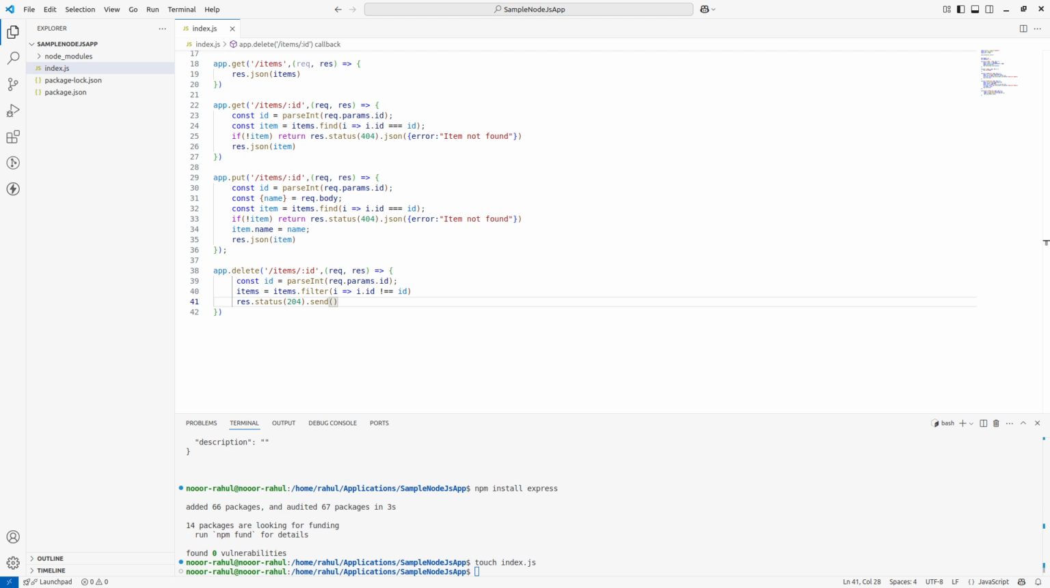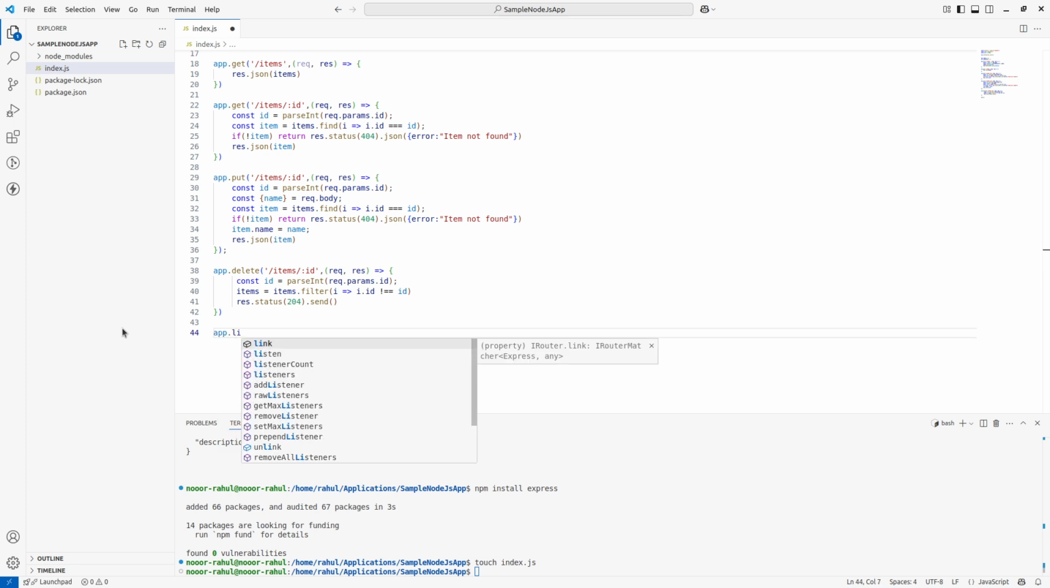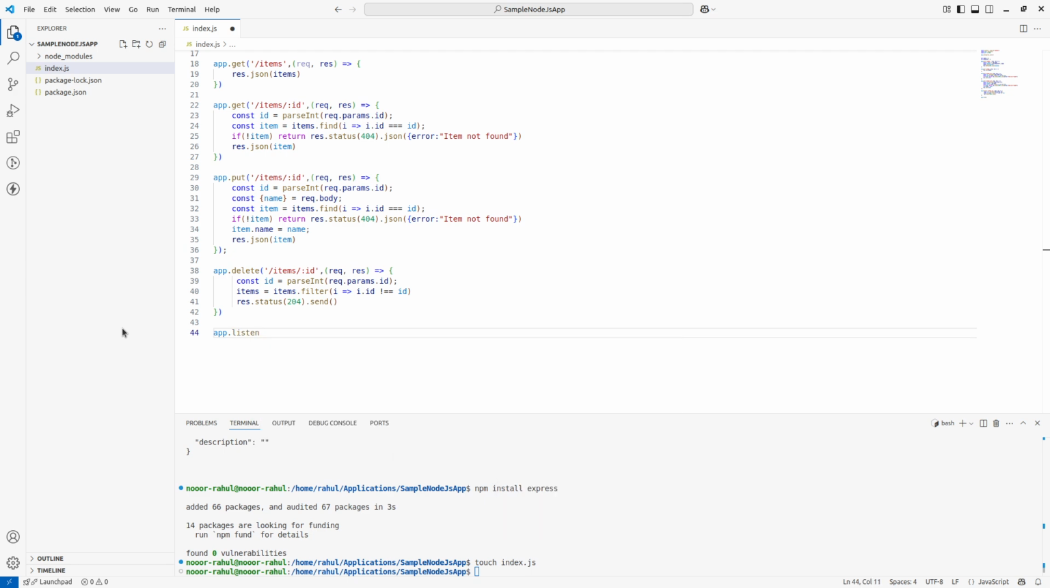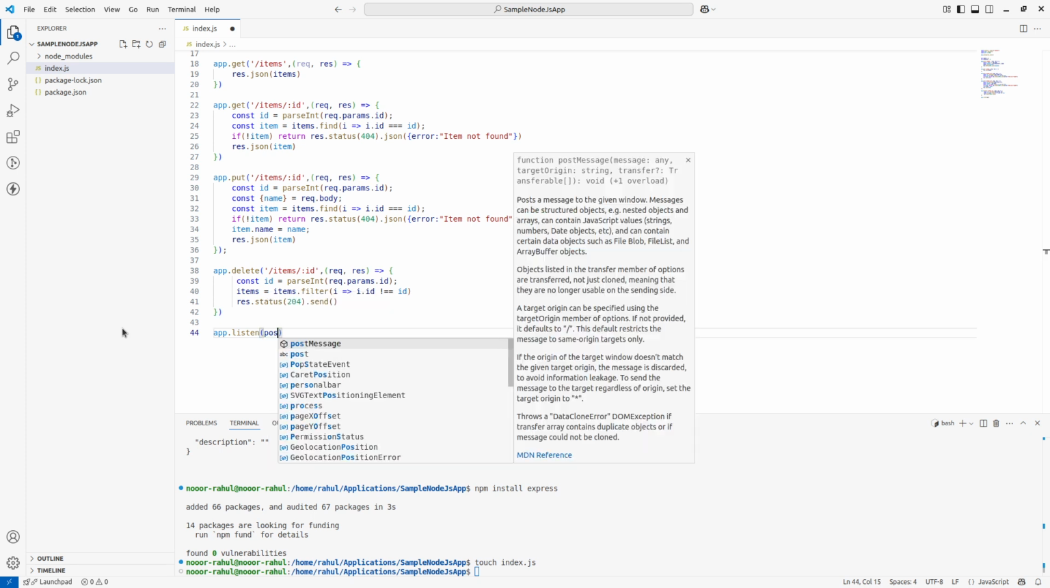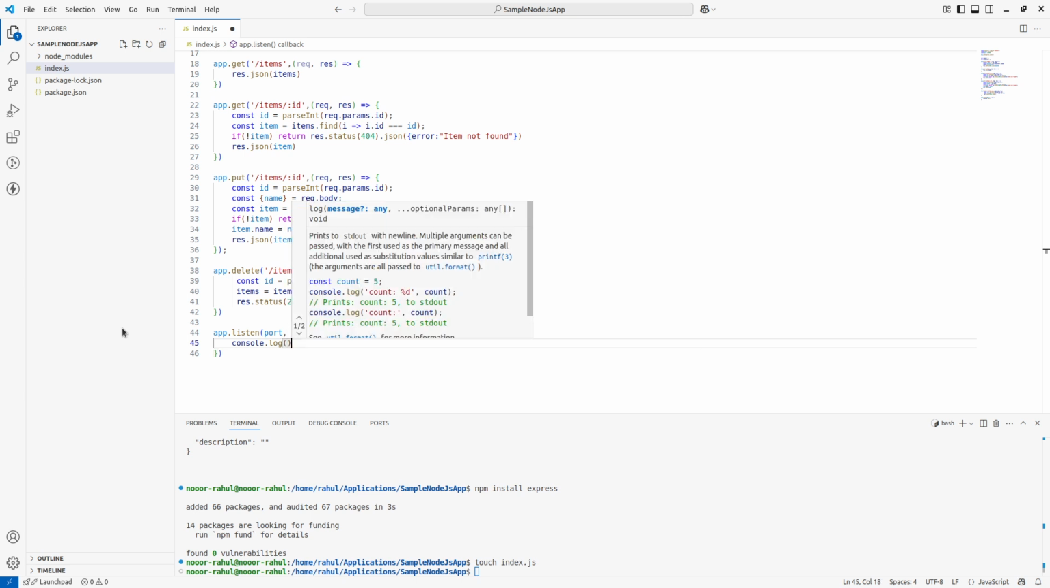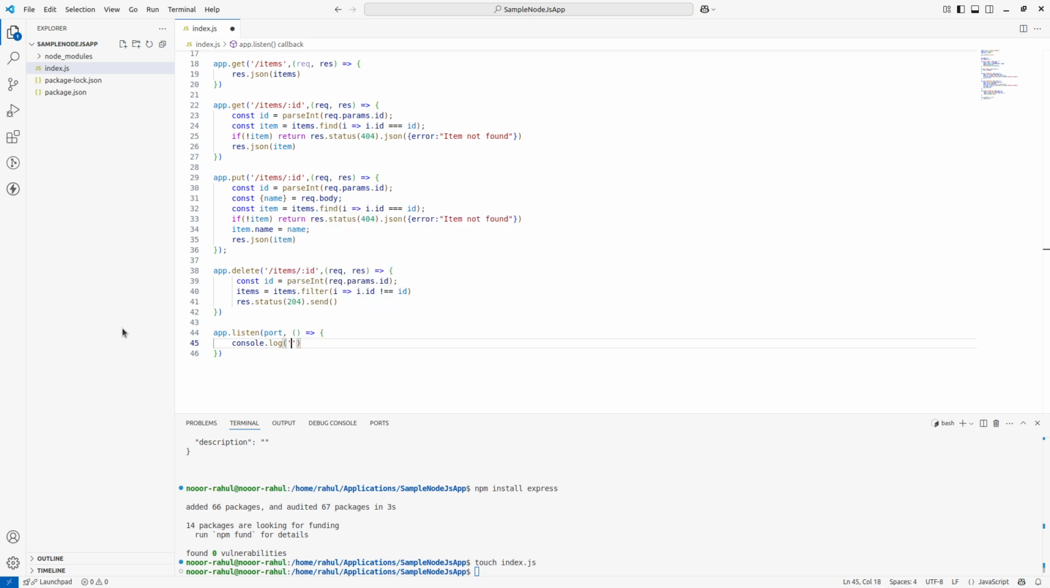Now our delete API is ready. Now what we have to do is start our server. How to start the server? By using the listen command. So we'll use listen here, whatever port we initially assigned, the same port we'll use down here. Callback, and here for our sake we will keep a log so that we get to know our server has been started. Server is running on